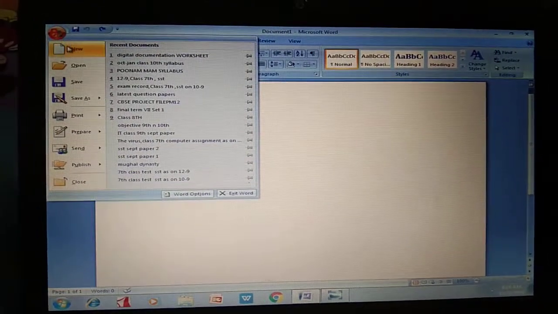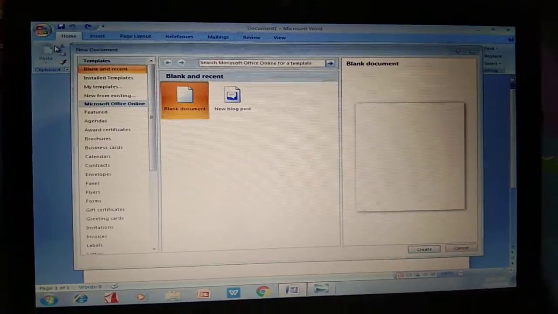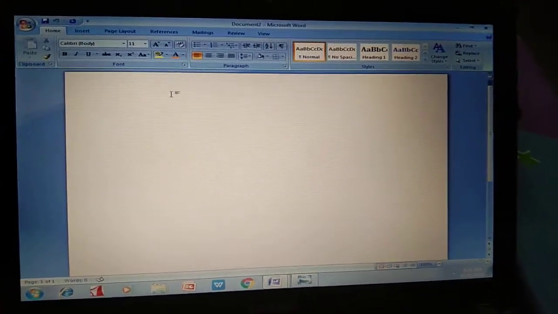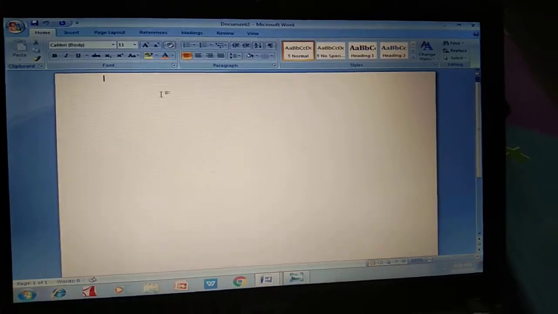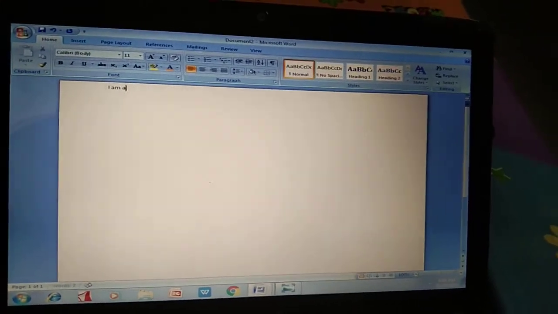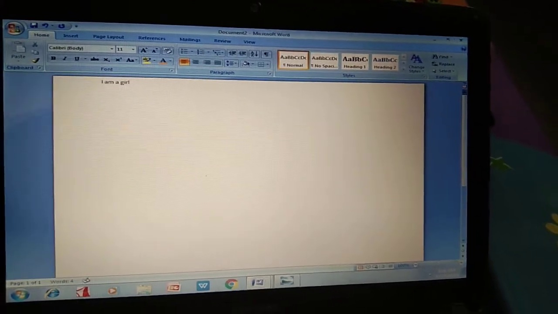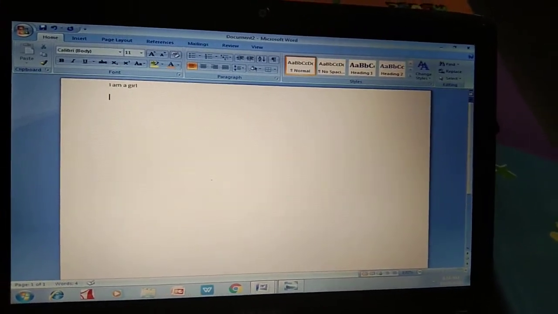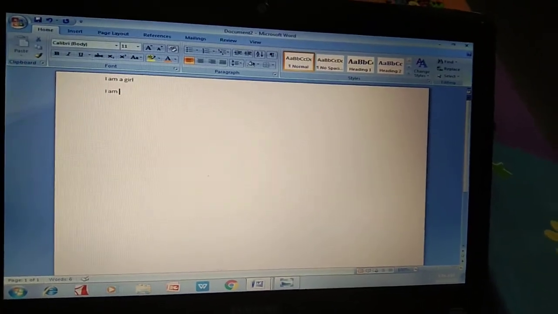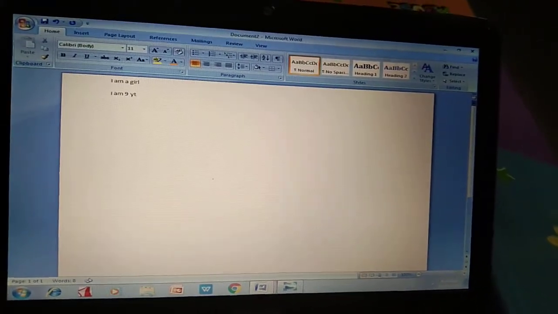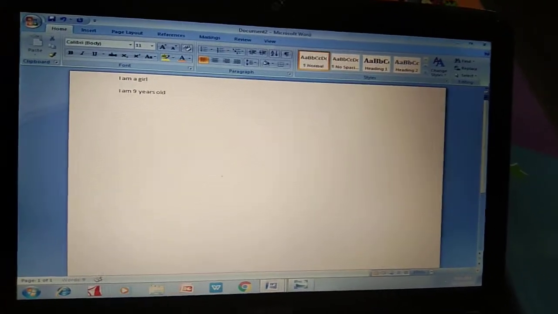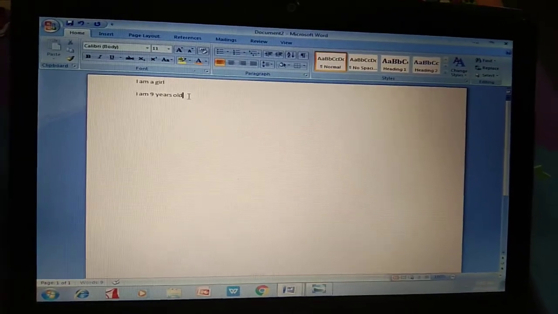You have to click on the new button, then blank document, then it creates a new document. Here I write, so this is your text.